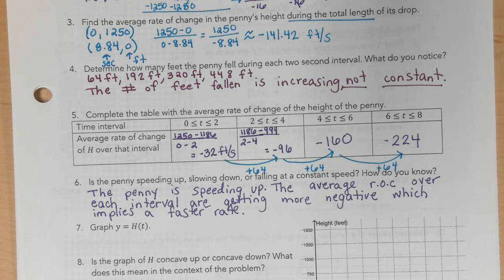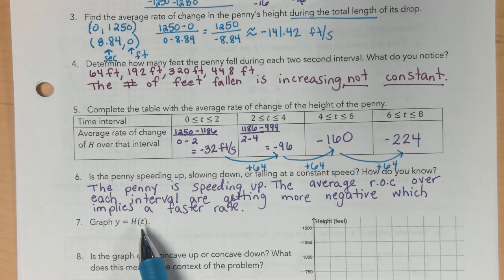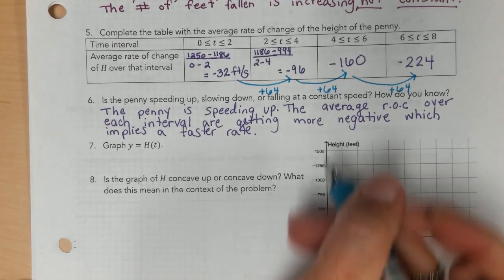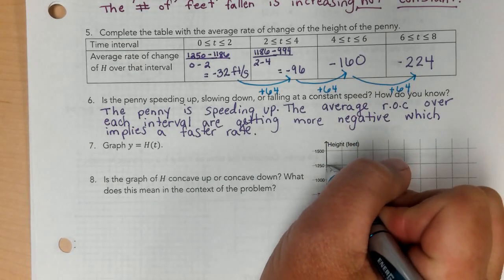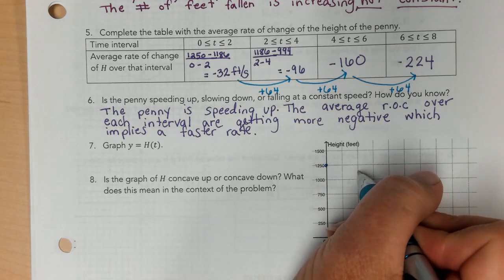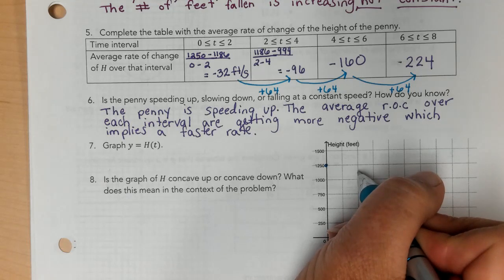So number 7 would want us to graph this. If I'm graphing, I'm just graphing 0 and 1250, 2 and 1186,